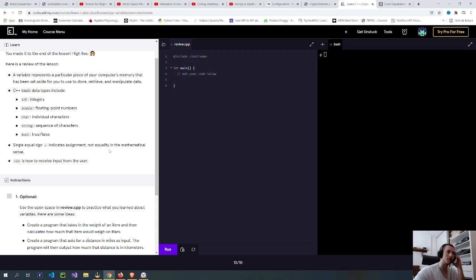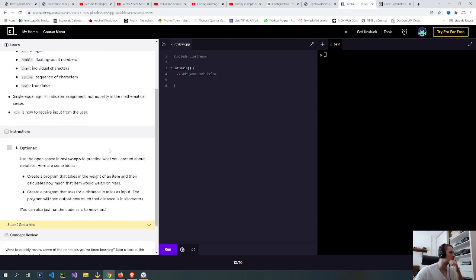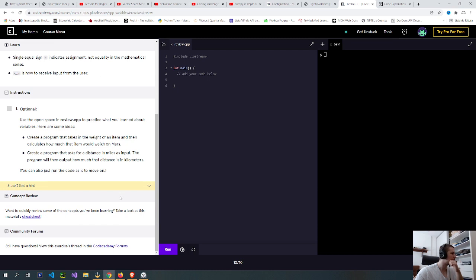So double is a float. Nice to know. Char, individual characters; string, sequence of characters; bool, true or false. A single equal sign indicates assignment, not equality in the mathematical sense. cin is how to receive input from the user.